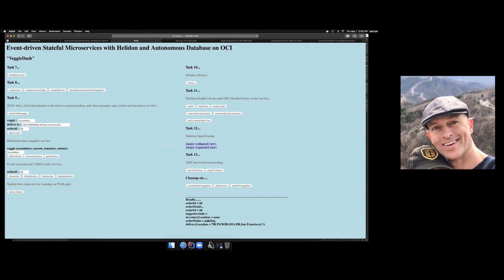We see the order status is pending, so then we go and check the order, and we see it failed because the inventory did not exist, okay? And then, of course, if we go ahead and add inventory, just clear the order so we can use the same order ID, place the order, and then check, we see the order is successful because the inventory exists. We also note this, and I'll bring this up again in just a minute, that we see the inventory location and a suggestive sale item.